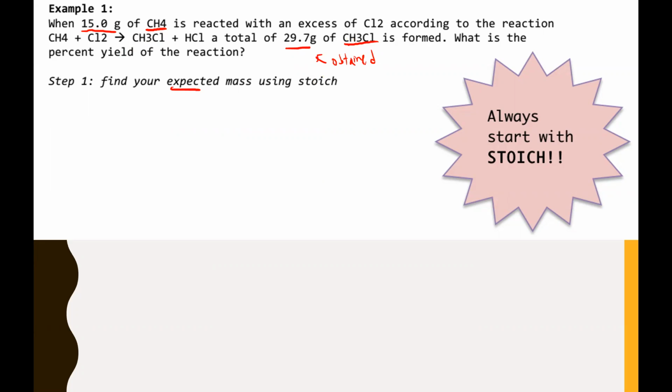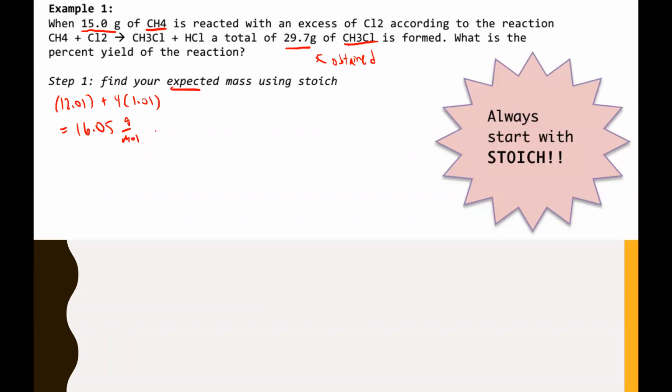The only way to do that, of course, is using your molar amounts, as we always should start with. So let's start with those moles. We know we have 15 grams. Since we want to get moles, we need to use the molar mass of CH4. The molar mass of CH4 is the molar mass of carbon, which is 12.01, plus 4 hydrogens, which is 1.01. And that gives us 16.05